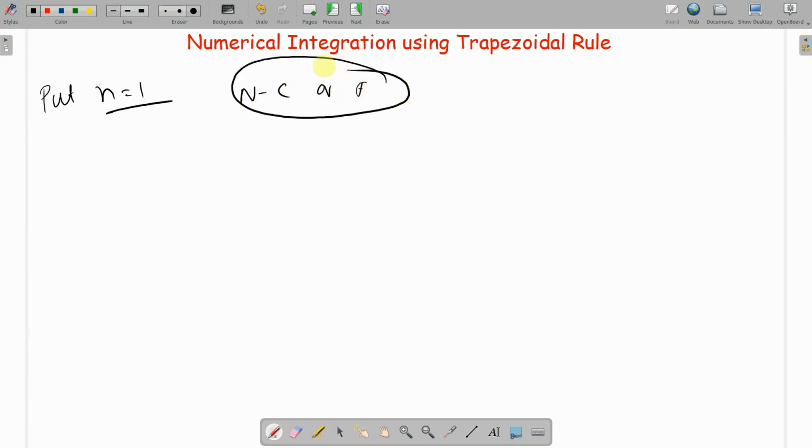So in Newton Cotes quadrature formula, I'll be putting n equals to 1, and you will have a result. So suppose a curve, consider y equals to fx, and that curve is passing through 2 points x0, y0 and x1, y1. Okay,